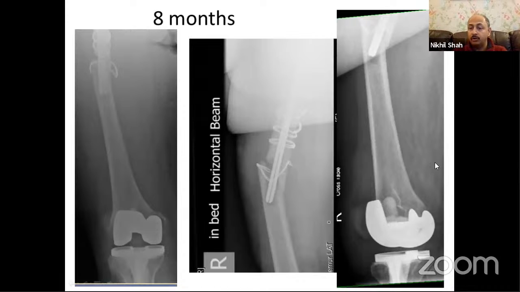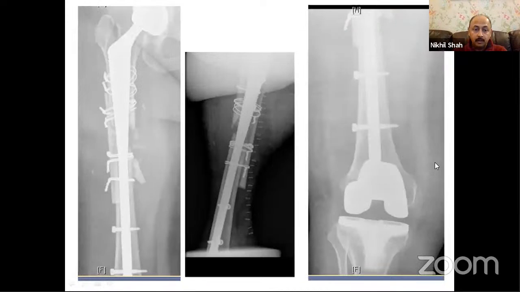So the modern modular conical designs were not universally available. The only interlocking stem I had at that time was a reef stem, and the sizes in the reef stem are limited. So it was either too short or too long. I chose to go a little bit too long, almost up to the knee. The advantage of that in retrospect is that you don't get an interprosthetic fracture, hopefully.